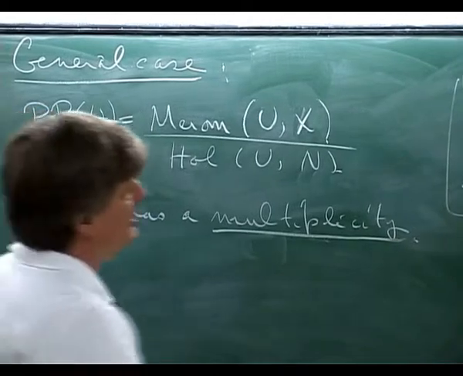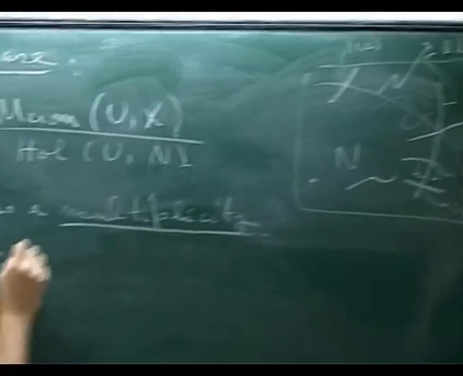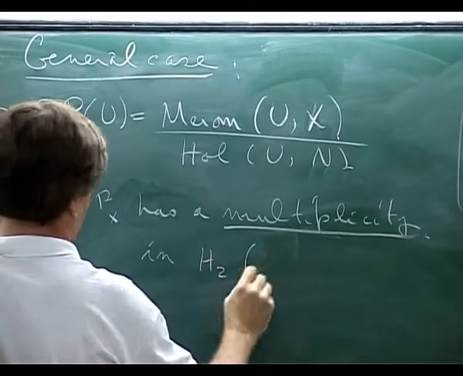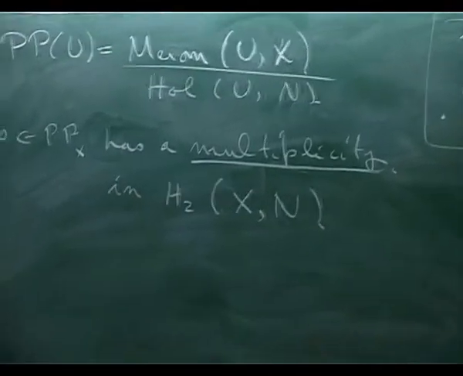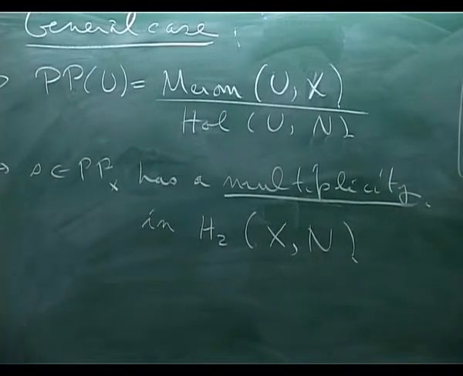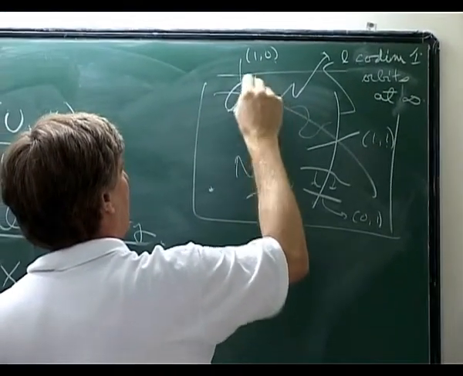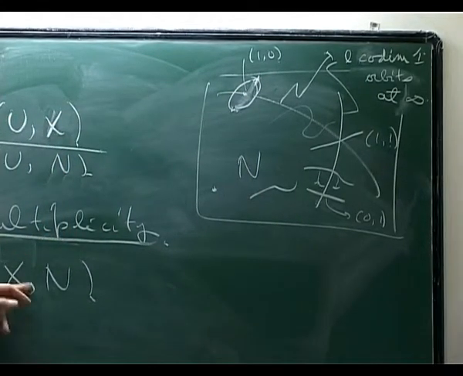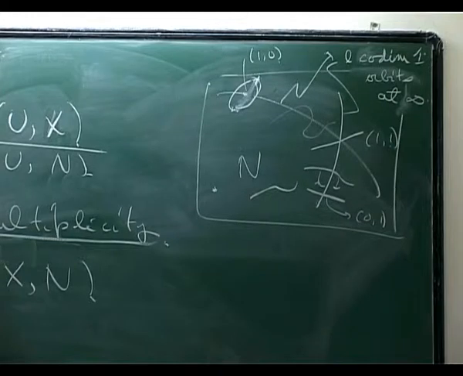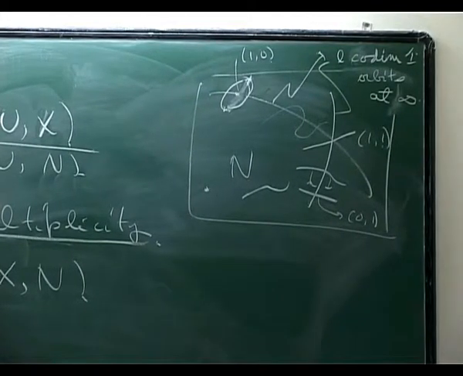And the multiplicity basically is, you can write it as a relative homology class in H2 of Xn. Okay, so you've got a little disk mapping into here, and that little disk is defining a relative homology class. And again,